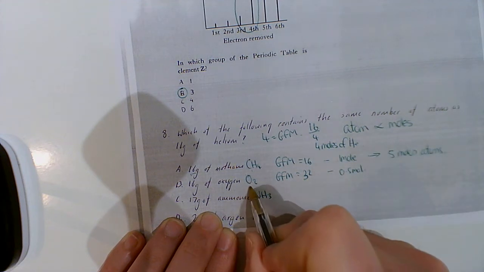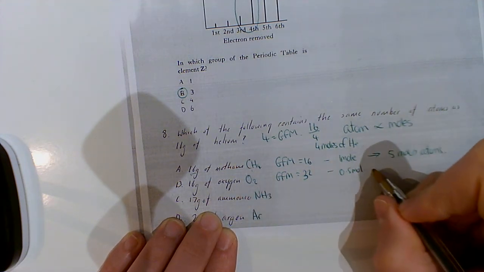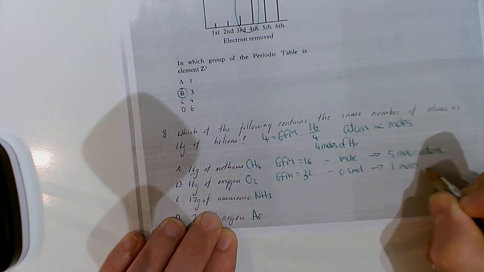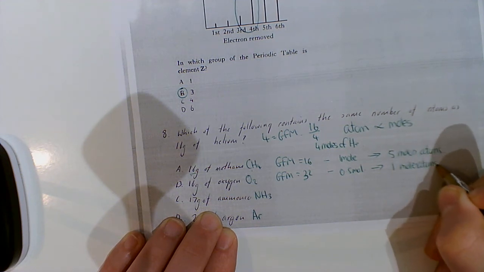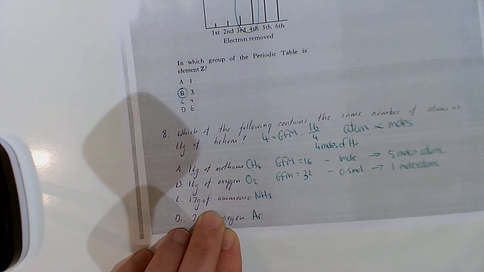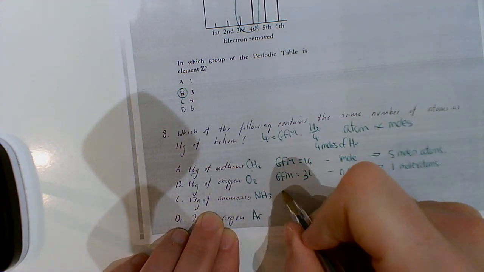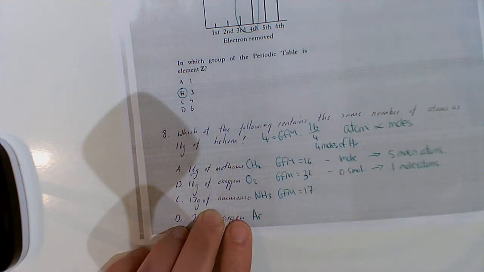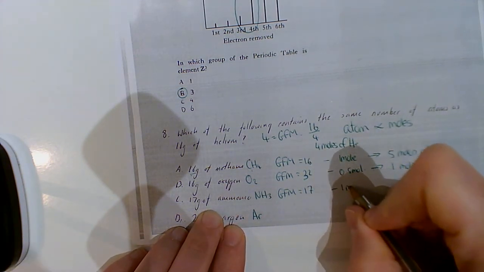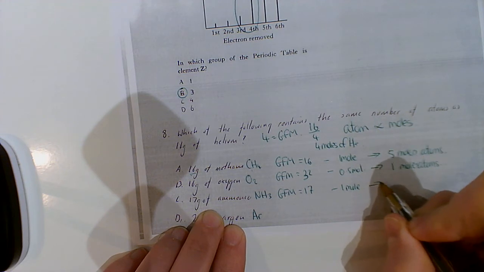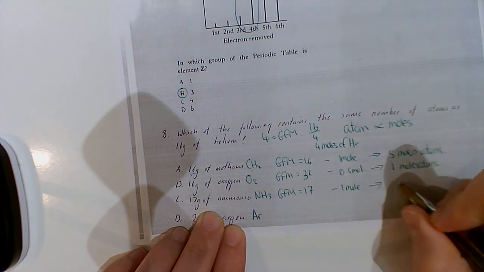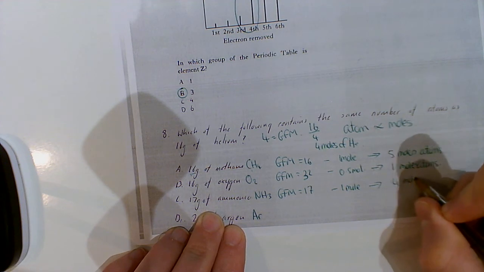Now remember, there's 2 atoms of oxygen for this. So when we multiply that by 2, that gives us 1 mole of atoms. With ammonia, the GFM is 17. So 17 divided by 17 gives us 1 mole. And because there's 4 atoms in ammonia, when we multiply our 1 mole by 4, that gives us 4 moles